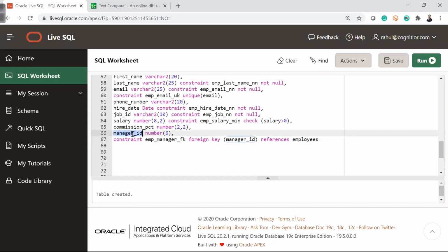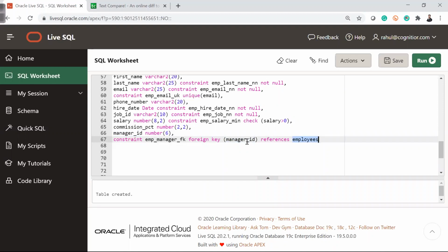So basically this column is a foreign key of this column. That type of logic we are trying to create here. We'll have a detailed understanding later on once we start writing the queries. But as of now, just understand that this foreign key is manager ID, which is referencing the employee table only.